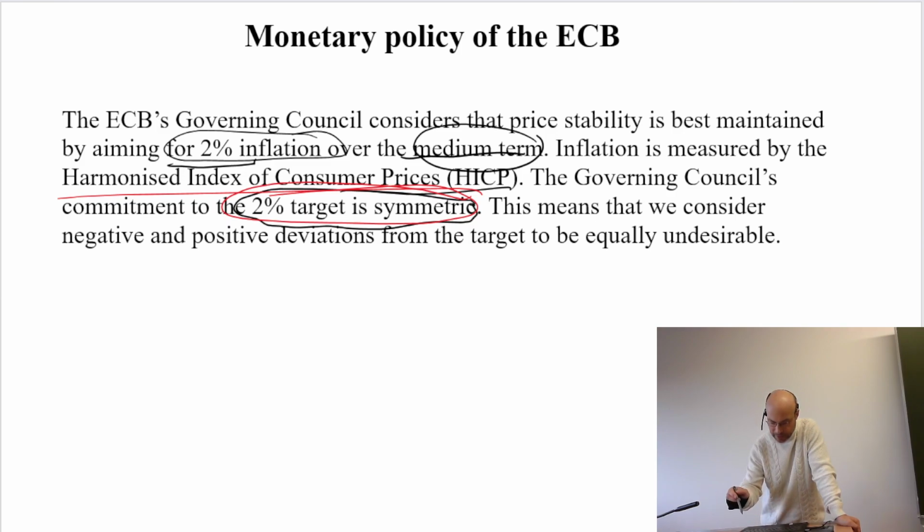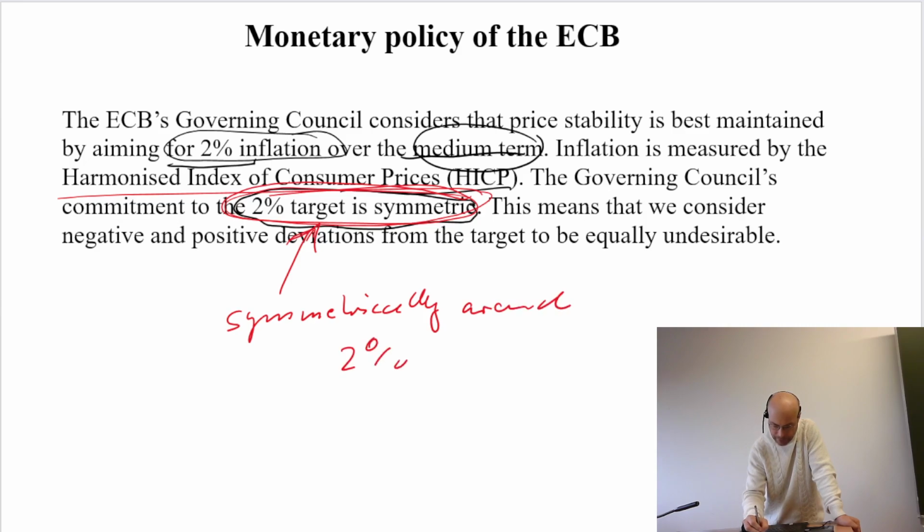And we also have to keep in mind that this target is symmetric around 2%. In the starting time of the Eurozone, this goal wasn't symmetrically defined. There we had the definition 2%, but not higher than 2%. And then, we changed it some years ago. And the reason for this was that, maybe we don't remember it anymore,